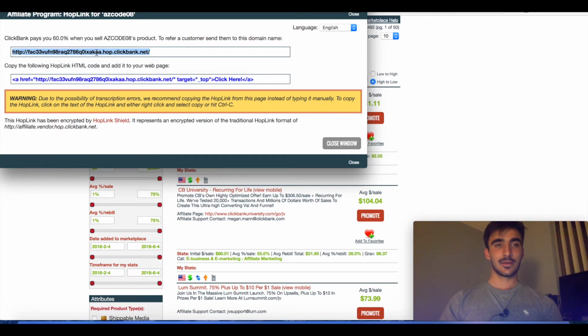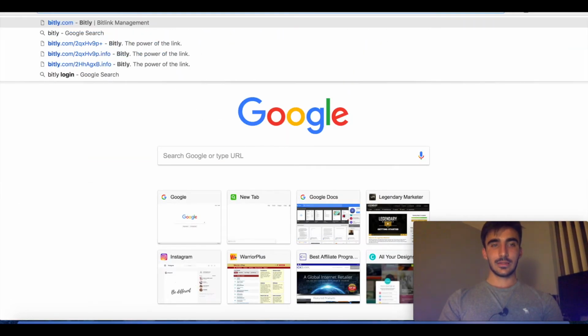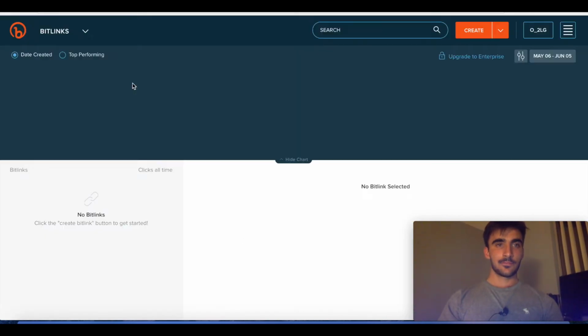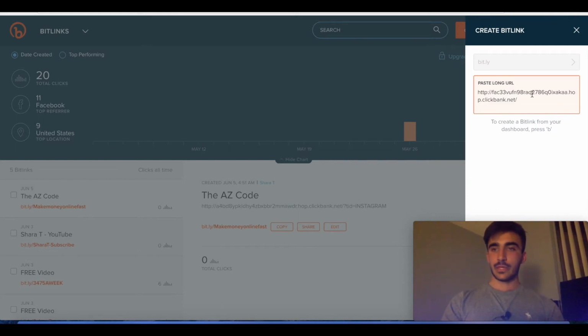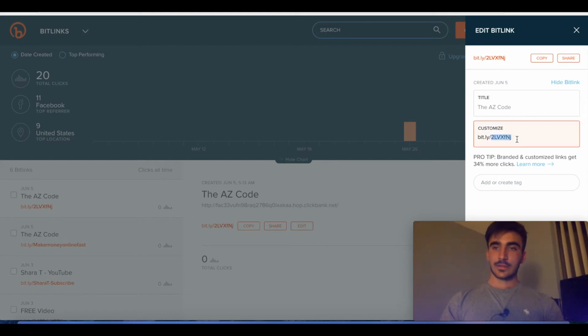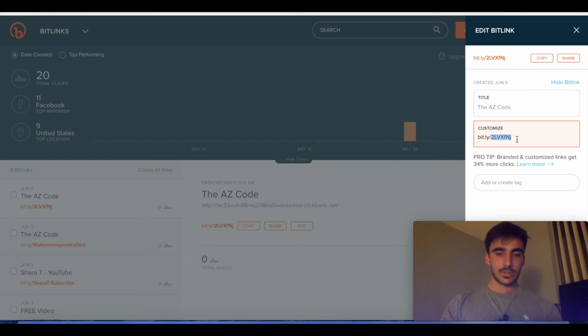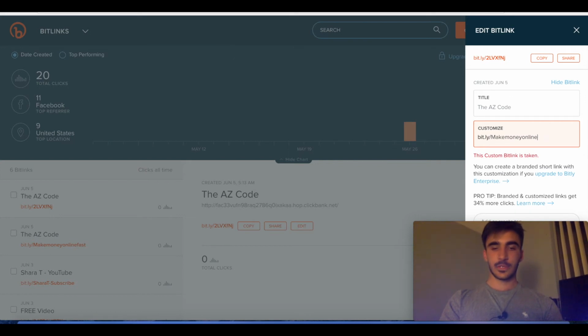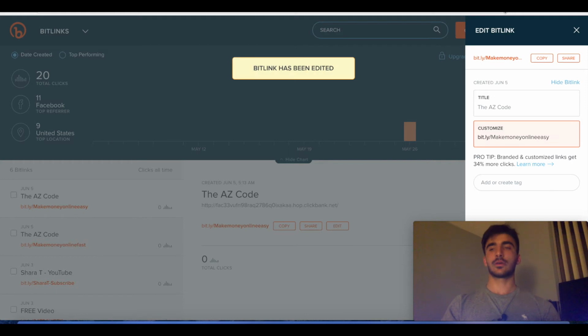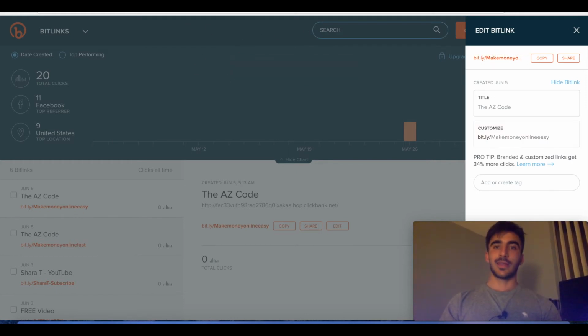So if you want to make this better, all you do is copy it, go to bit.ly.com and then press create. This is a link shortener, so you paste your long link there, and then it's gonna bring you a short link, and you can customize it any way you want. So what we're gonna do is just put make money online fast. Okay, make money online easy. Okay, you just copy this link,